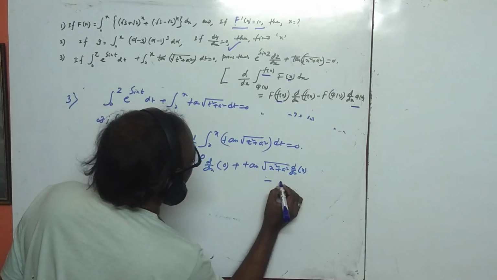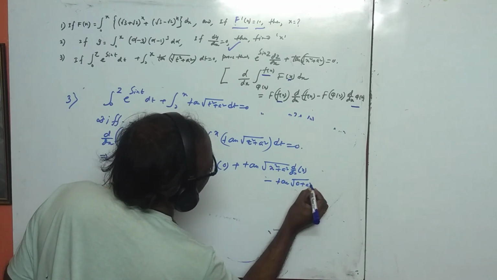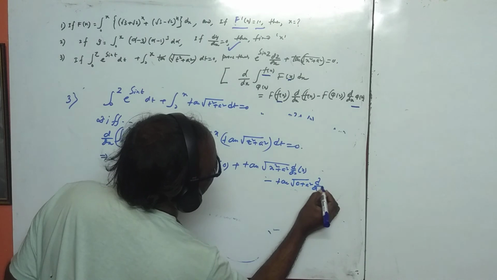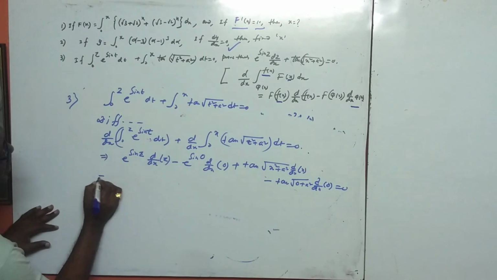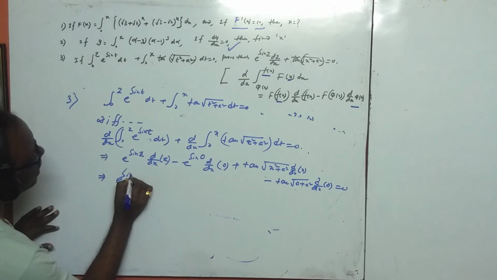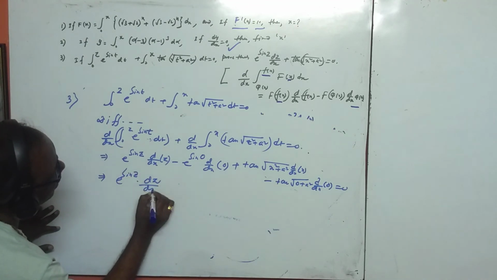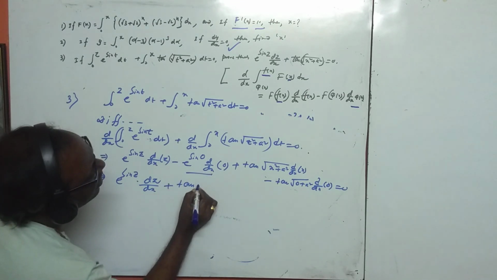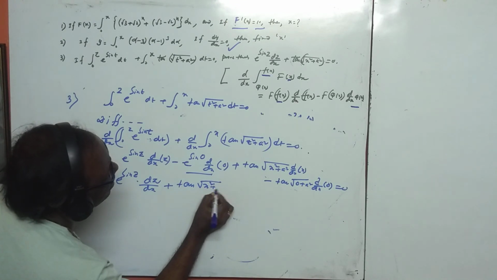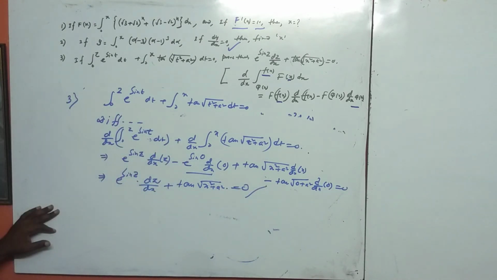And then minus that is tan root over (0 plus a square) and d/dx of 0 here, and this is given 0. Okay, so this is your answer. We can easily write that it is equal to e to the power sin z times dz/dx, this is 0 here, and plus tan root over (x square plus a square). Okay, this is the very important operation.